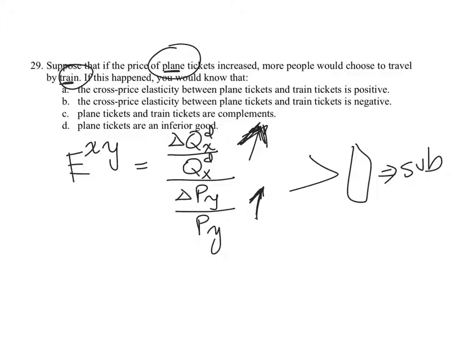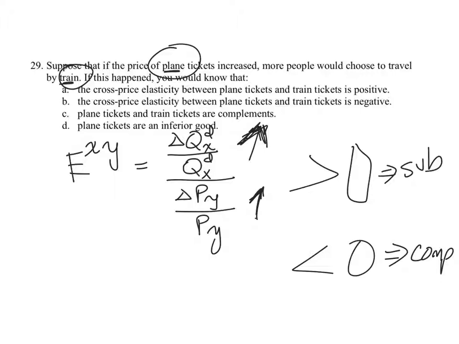If, on the other hand, we were talking about complements, let's say peanut butter and jelly, the price of peanut butter goes up, well, I only eat jelly with peanut butter sandwiches, and if the peanut butter gets real expensive, I'm more likely to have a ham and cheese sandwich or whatever. So if the price of peanut butter went up, my quantity demanded of jelly would go down. Those are complements. So if this is less than 0, then the two goods would be complements. Sorry for tripping over my tongue on that one.